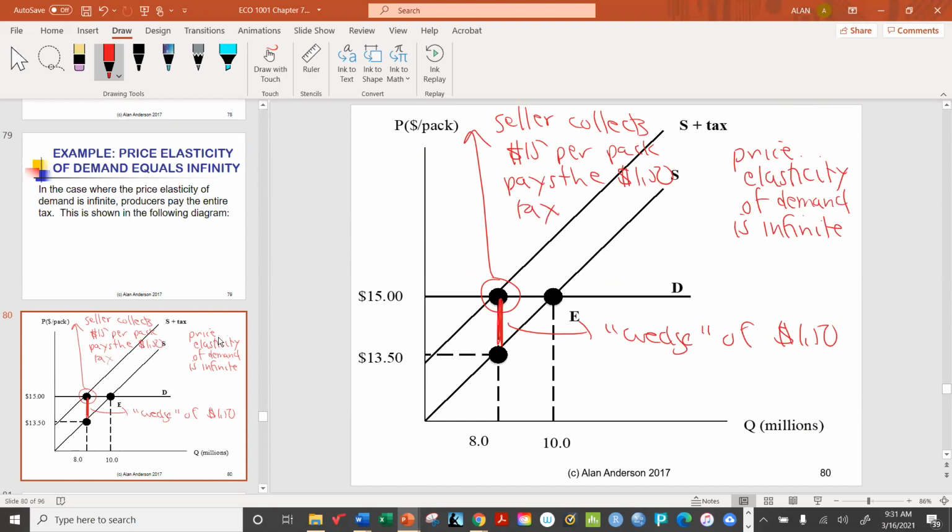Your net revenue is at $13.50. Whereas as far as the market price is concerned, it is still $15, consumers are still paying $15. And so therefore, the entire tax is paid by the sellers,